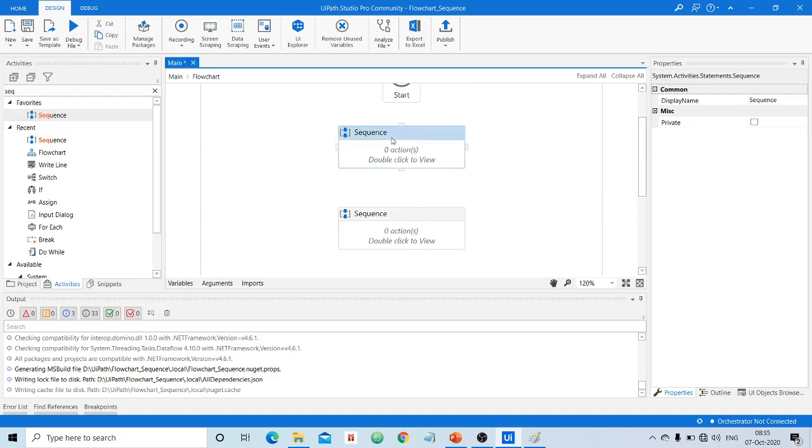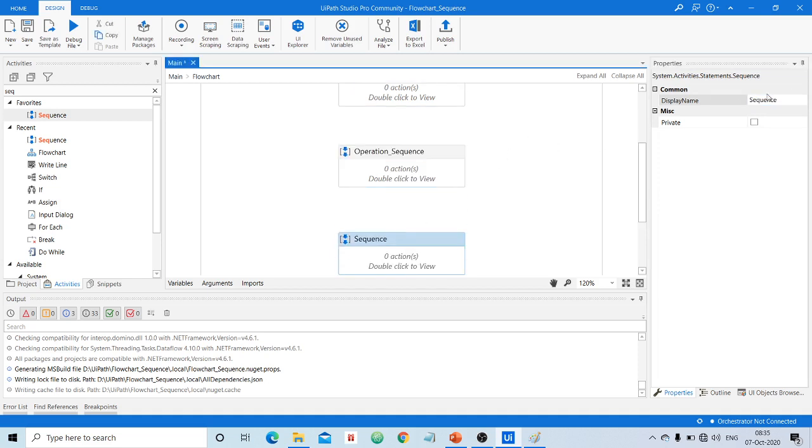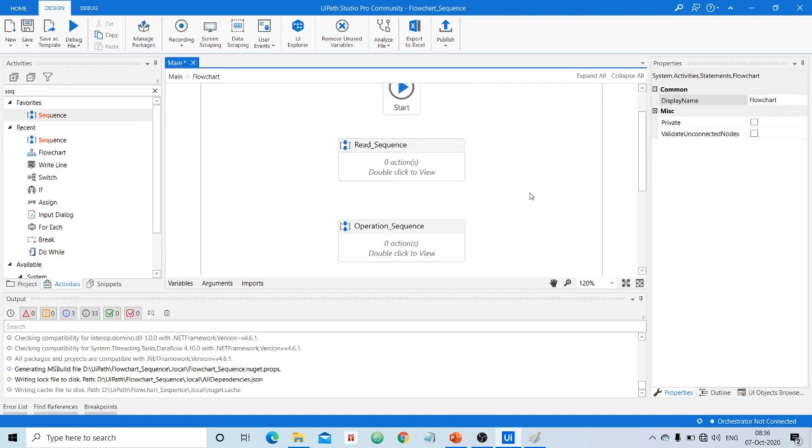We shall rename these: I can call this the read sequence, this the operation sequence, and this the write sequence, and we shall connect them.